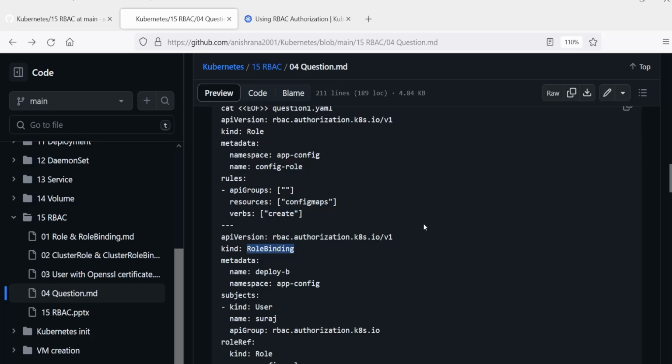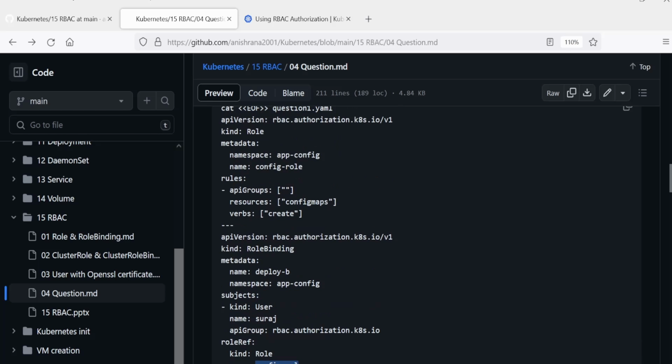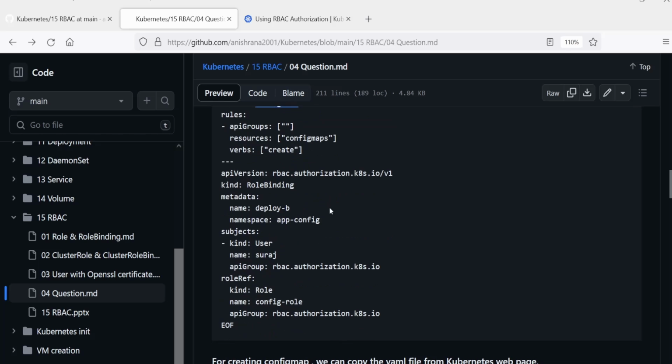In the role binding, the name of this role binding, anything you can mention because it is not mentioned in the question. But namespace should be app-config. In the subject, user must be Suraj and role is config-role that we are going to create here. That's it.